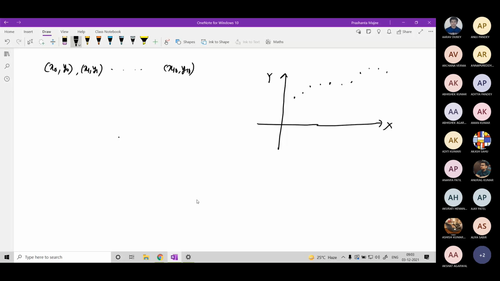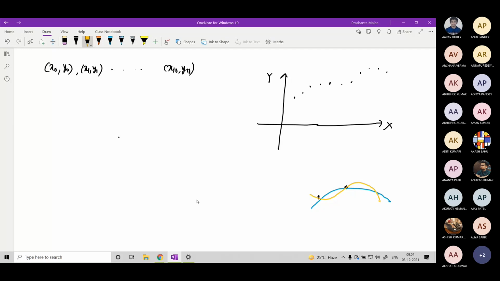Also, if the degree of the polynomial is not mentioned, then several students may pass several polynomials through these points. For example, if I consider these three data points and ask you to tell me a curve which passes through them, some students may say this is the curve. Some other student may say no sir, I will take this particular curve. Or some other student may draw a curve in another way, by increasing the degree, and each polynomial will pass through the points.